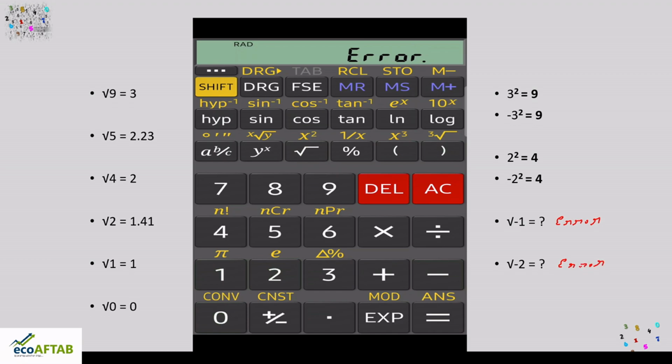But when we are speaking about mathematics, there has to be some answer for this particular number. There has to be an answer for any negative number whose square root we are trying to find out, and the calculator is showing it as an error. So friends, this number we have to imagine. There is some number the calculator is not able to find out, so we need to imagine what can be the answer of this.